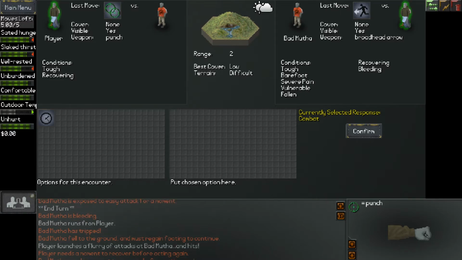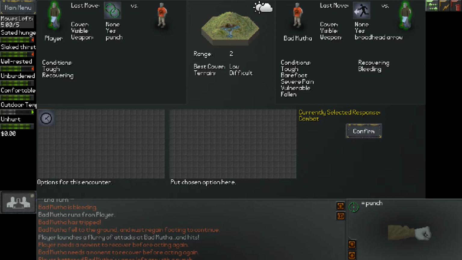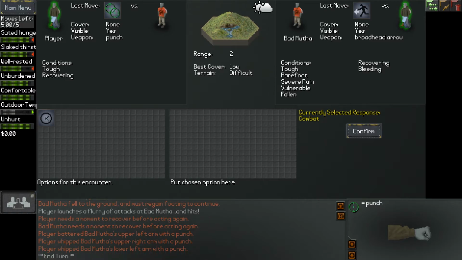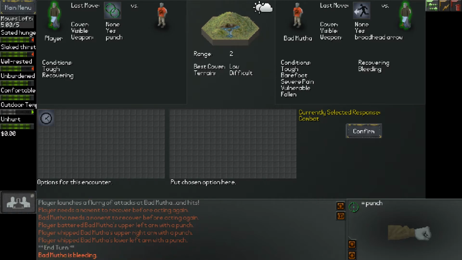We have other things that happen, though, in the interim. So the Bad Mother tried to run away from us, as the fight is not going his way. But he tripped in the process. We already talked about how running has a high chance of tripping. He's fallen to the ground, but he did manage to at least cover some distance, so he's further away from us than he was before. But I hit him on his way out, and we hit him a few times, so we managed to hit him in the left arm, the right arm, and the left arm with a few punches there. We're going to have to wait,